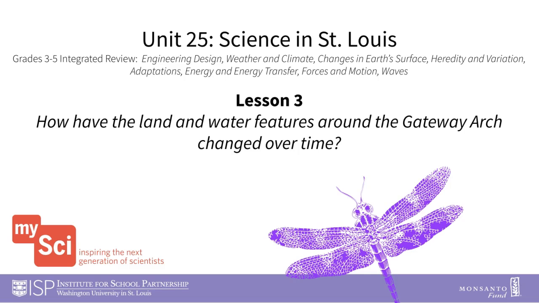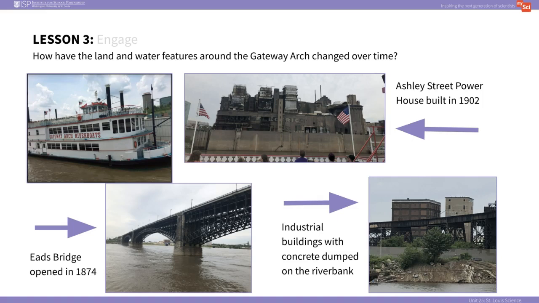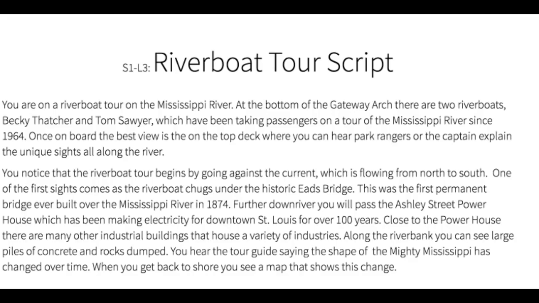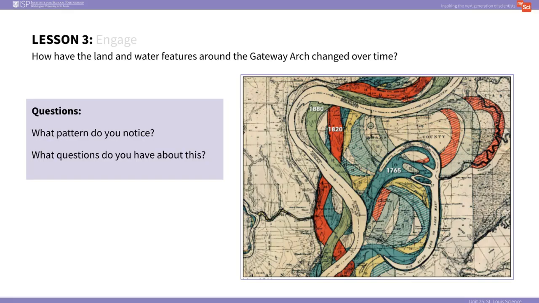river over time. In the Engage portion of this lesson, you'll go through and give students a riverboat tour. Use the images in the slides and the riverboat tour script found in your teacher pages to give students an image of the characteristics of the Mississippi River. You'll then show students this image of the Mississippi River in 1944. This image also includes other routes the river took prior to 1944. Use this image in the riverboat tour to have students generate questions they have about the path of the Mississippi